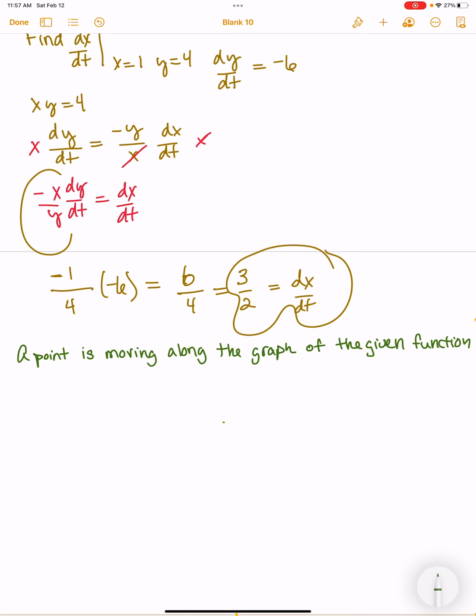A point is moving along the graph of the given function at the rate dx/dt. Find dy/dt for the given values